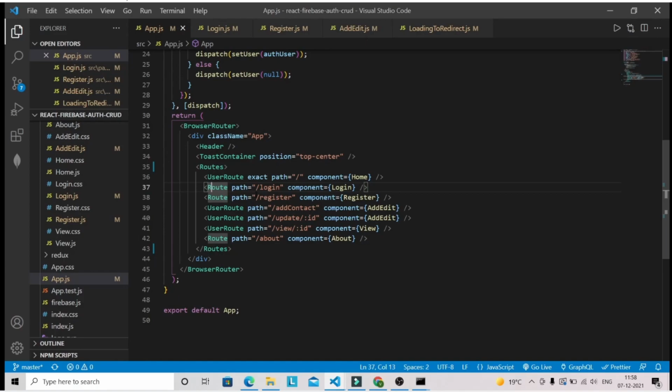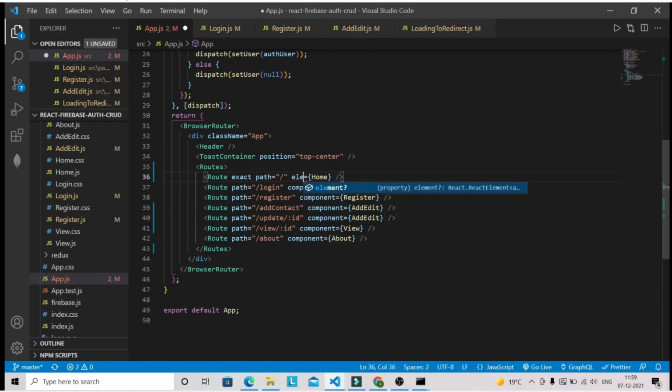So it's a custom route, and we cannot use any custom route or private route inside this Routes component that has been provided by React Router DOM version 6. So there is a workaround to use the private route inside this Routes. First let's replace with Route only all the routes that we have registered in our app.js file. And first we need to change this component to element. If you're using Routes, then we don't need to use component, instead we have to use element.